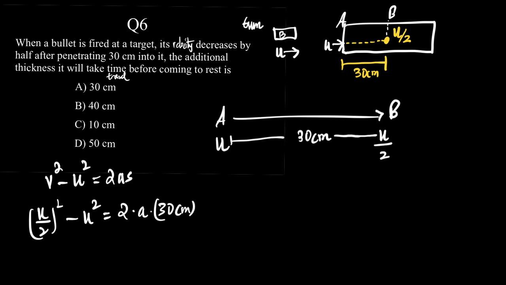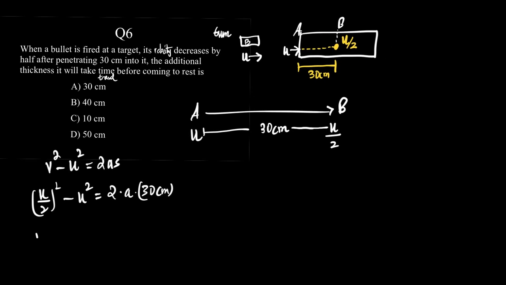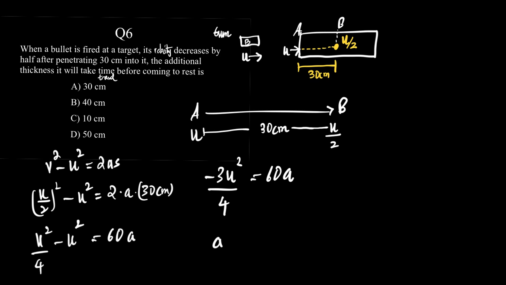Now, if you solve this algebraically, what do you get? You get u square by 4 minus u square is equal to 60a, which further means minus 3 u square by 4 is equal to 60a,